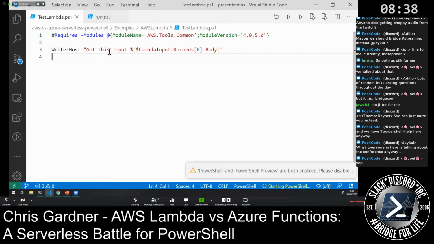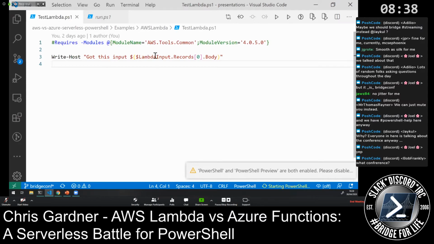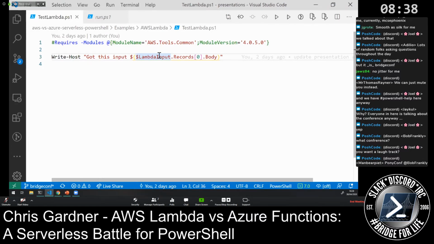It's literally taking some input and writing it to the host, because, like with Azure Functions, there are a few built-in variables that it uses for the different things that come in. And it uses #requires to manage dependencies. So pretty straightforward: Lambda, write something to host.